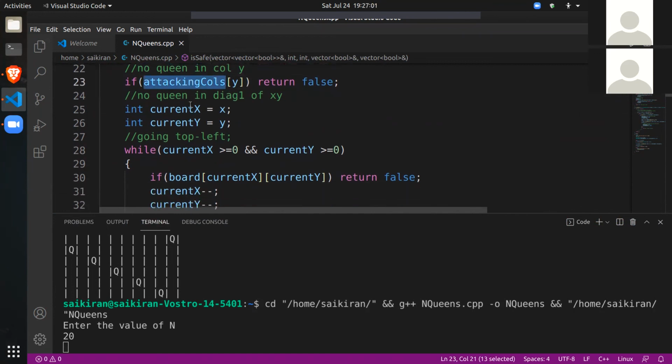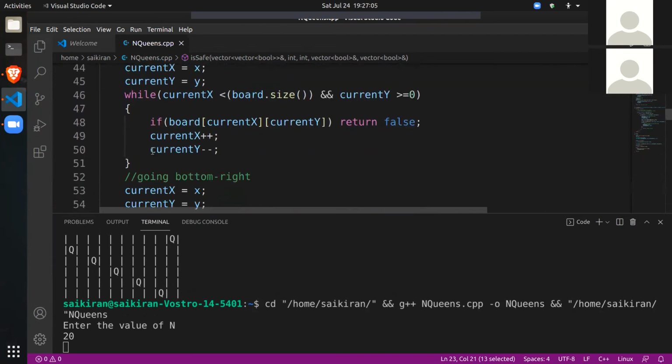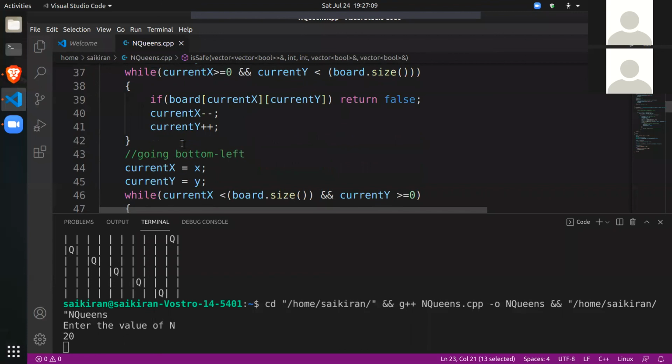It decreases a little bit of time complexity, but again, we are using for loops here, so it doesn't make it very much better. If even checking diagonals, we did it using an array, then checking is safe would be much faster. So that would make it even more efficient.